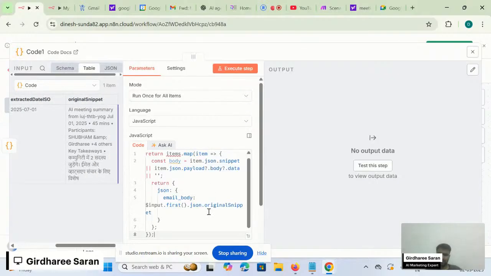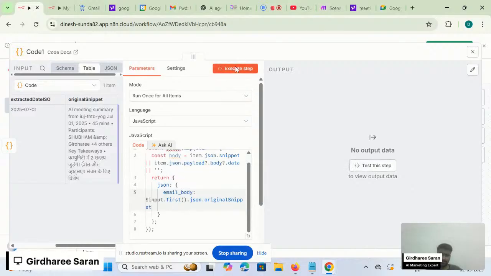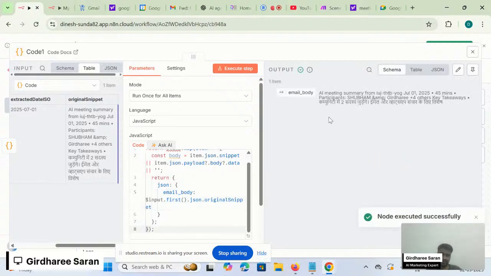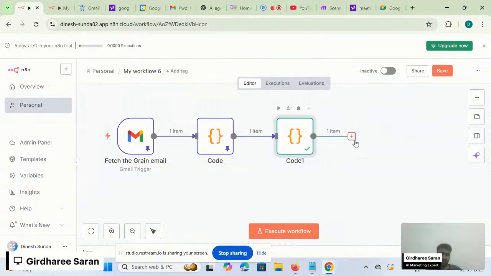And the original snippet, I have already. Now execute this. You can see the output, like I have the email body. Now I can email it to someone, like if I want to email multiple accounts, or I can send it